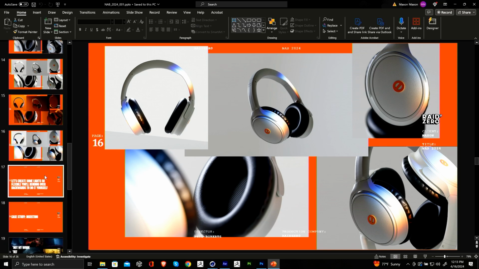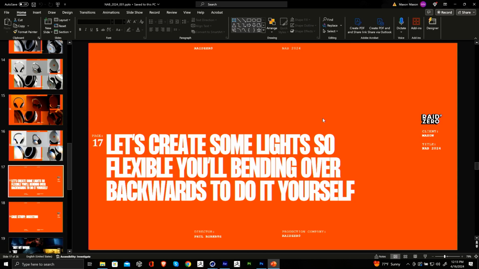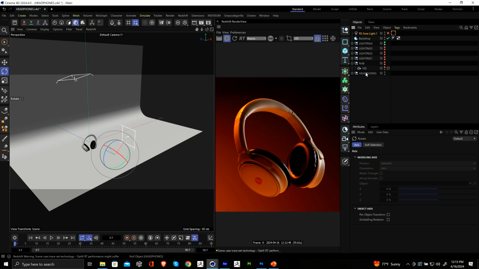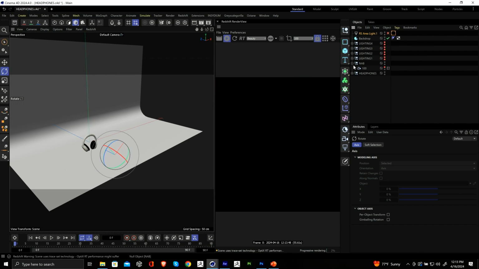And then I do have another project. It's a little bit more sci-fi, but before that, I'll show you how to set up the AOVs in Redshift. So if I go back to my original lighting in here,